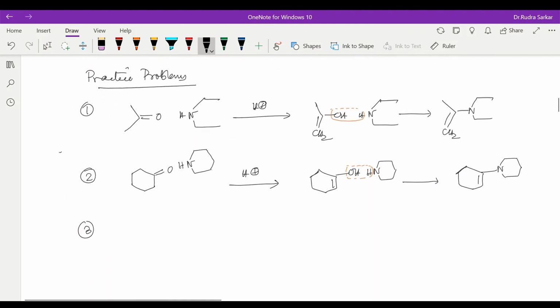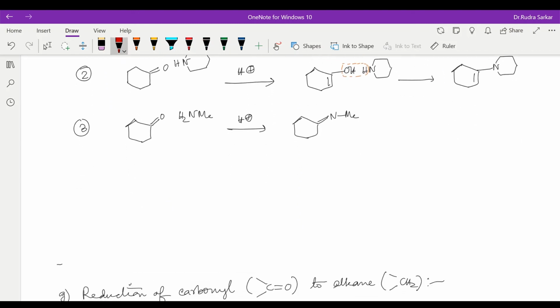Let's do the reaction for a primary amine, say something like that. It's very easy, just take out water and your answer will be something like this. Okay, now